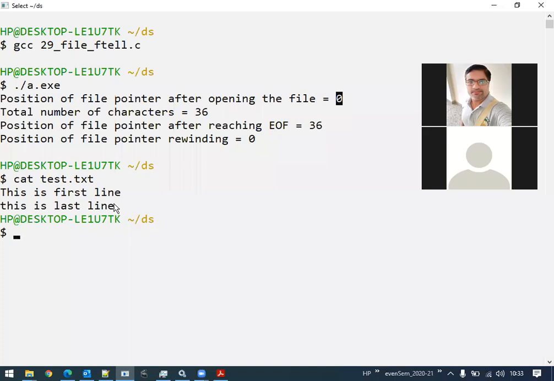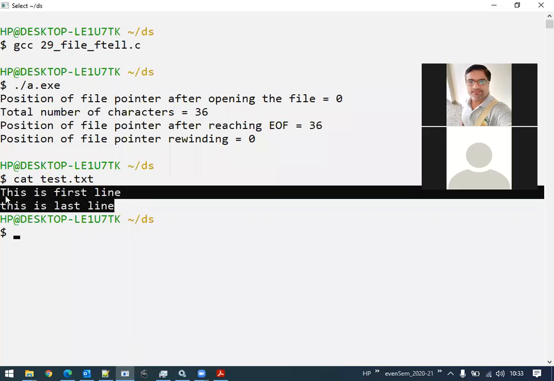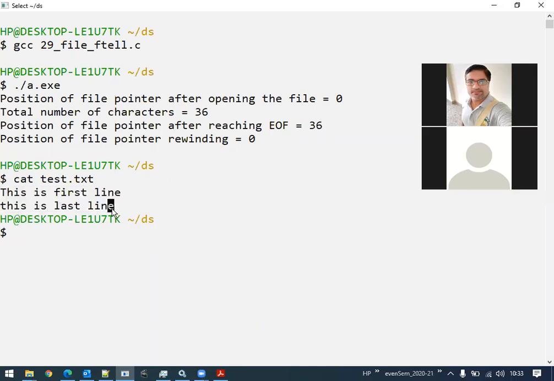So if you just summarize, there are how many characters? 36, right? So for the 36th character, that is E, if the file pointer is exactly at E, what will ftell return? Will it return 36 or 35? 35, sir. Now, after we read this character, the file pointer will move on to the end of the file.